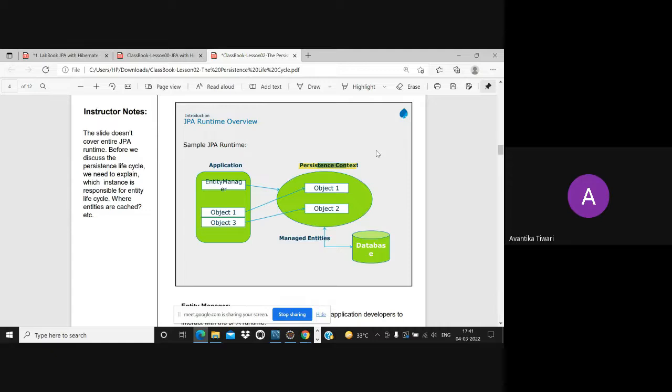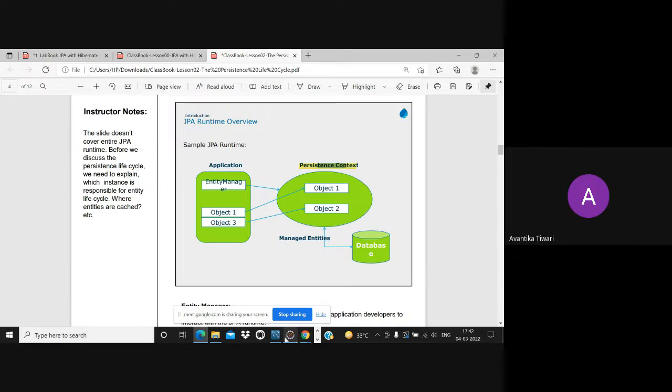By the name itself, you can think of the role of the entity manager. The role of the entity manager is to manage the entity life cycle. It will interact with the persistence context and manage the life cycle of the entity. If we have multiple instances of any entity, for every entity we require one entity manager, and with the entity manager there will be a persistence context where the life cycle of the entity is managed. Now, who will generate these entity managers? There is one entity manager factory which creates the entity manager and associates it with the persistence unit.